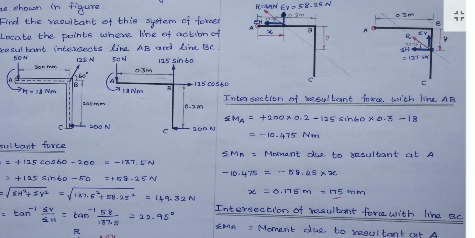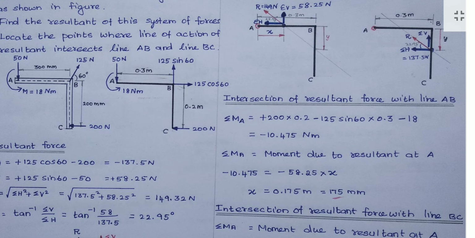For calculating the resultant force, there is no need for it, because the couple has only pure rotation, there is no force. So only when finding the moment we have to add or subtract. Here it is anti-clockwise, right? So I put minus 18. The sum of all values becomes minus 10.475 Newton meter. That's all. Then what we have to do is locate the resultant.